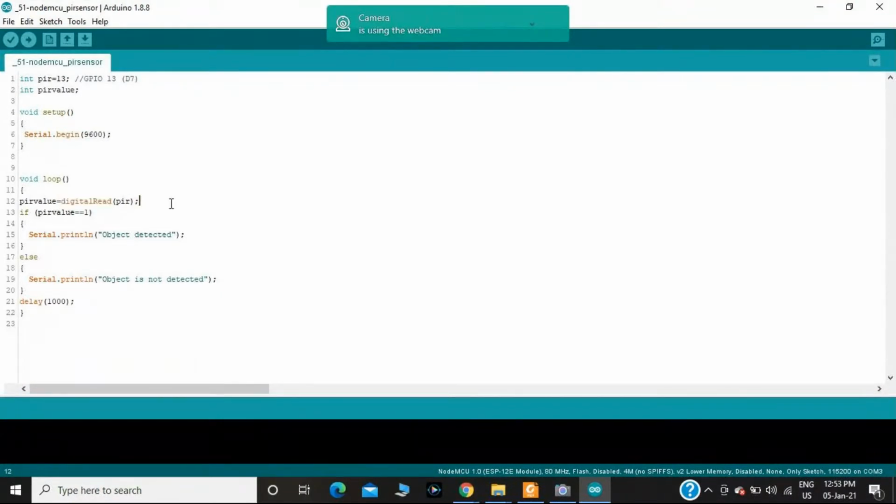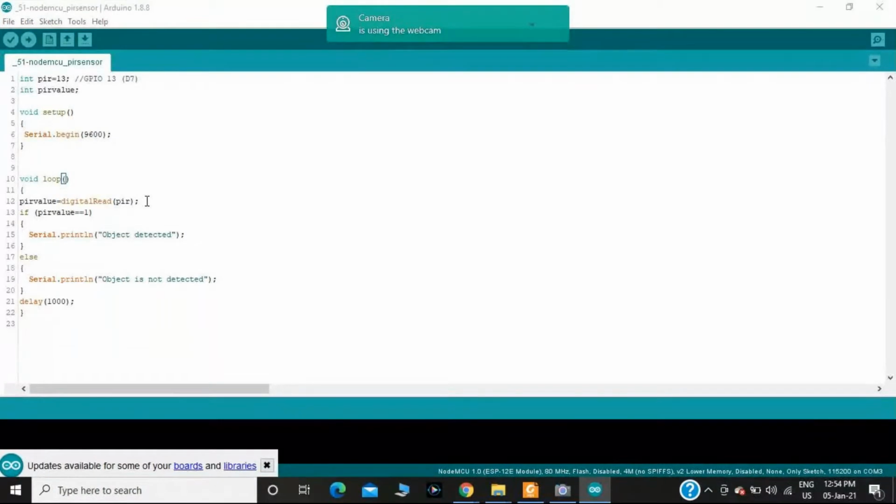The PIR sensor is a digital sensor. It is going to give only two values, either 0 or 1. For that reason, I am reading the data from the PIR sensor to the NodeMCU using the instruction. And after reading the data, I am going to save it in the variable PIR value. That's why I have initialized it with the data type int PIR value.